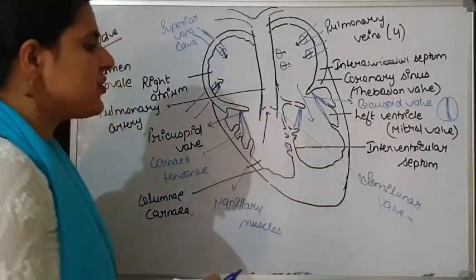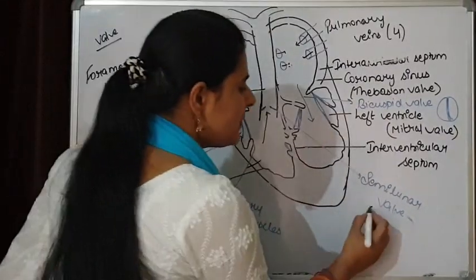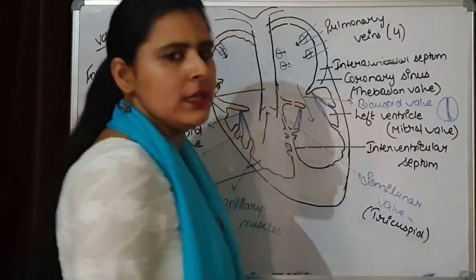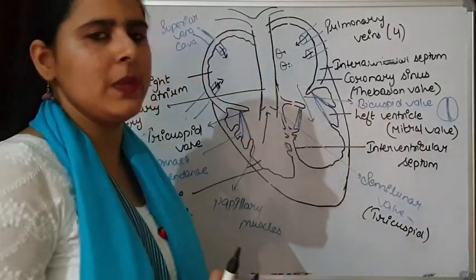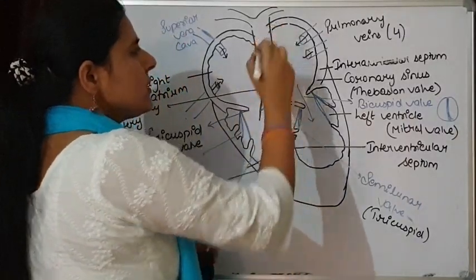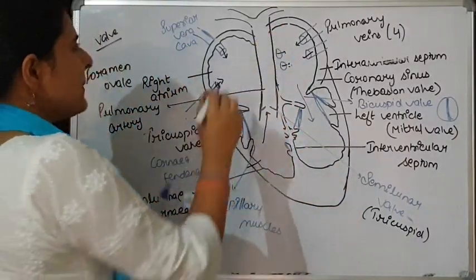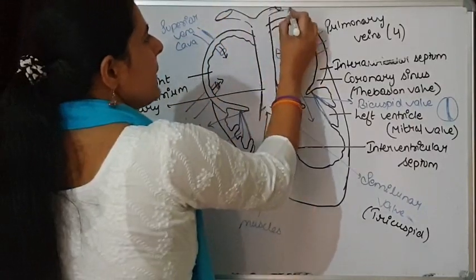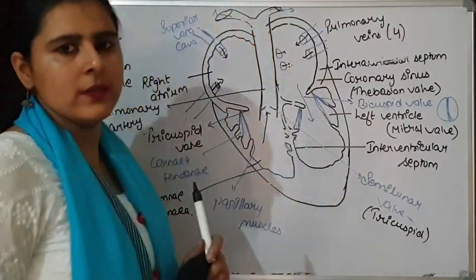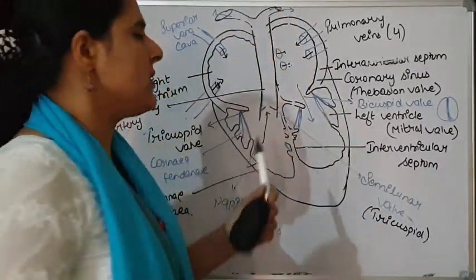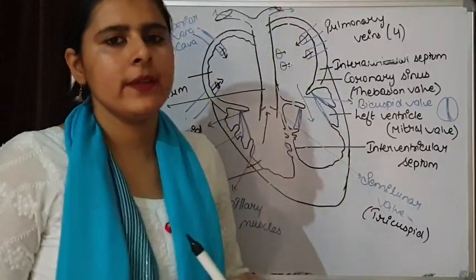If we see the nature of this pulmonary semilunar valve, it is also tricuspid. Means three cusps are there. Three flaps are there which are making three cusps. Now blood is going to enter into this pulmonary artery. This pulmonary artery is going to left lung and right lung. So this is how deoxygenated blood will be transported to the left and right lung with the help of pulmonary artery.